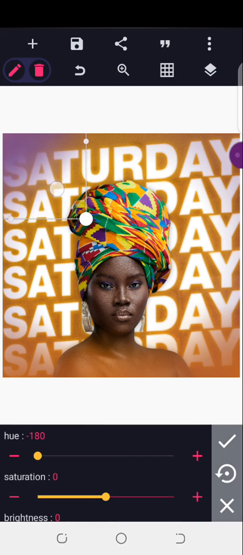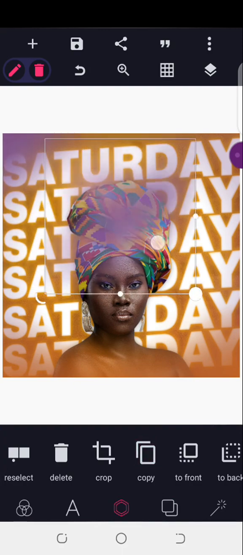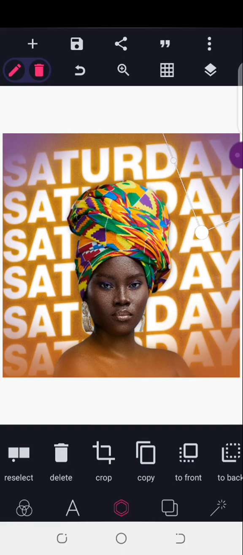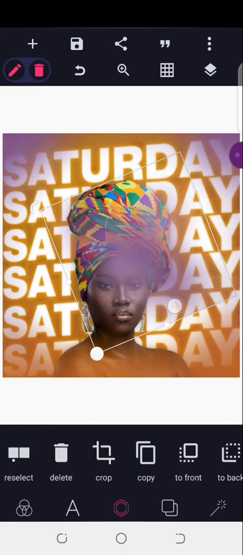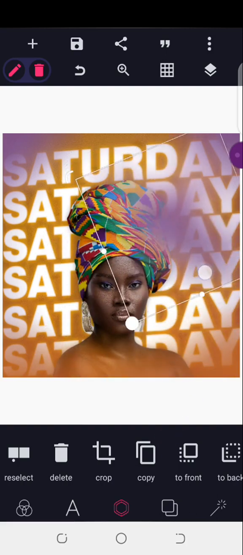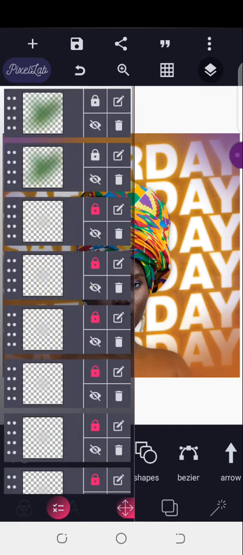Move it to this edge. Okay. When I actually did this design, you can see I'm just trying anything. Alright. Now I still want to try that green at the back, but I don't want to make it too much color. Alright, so I'll just have to delete this. Come here